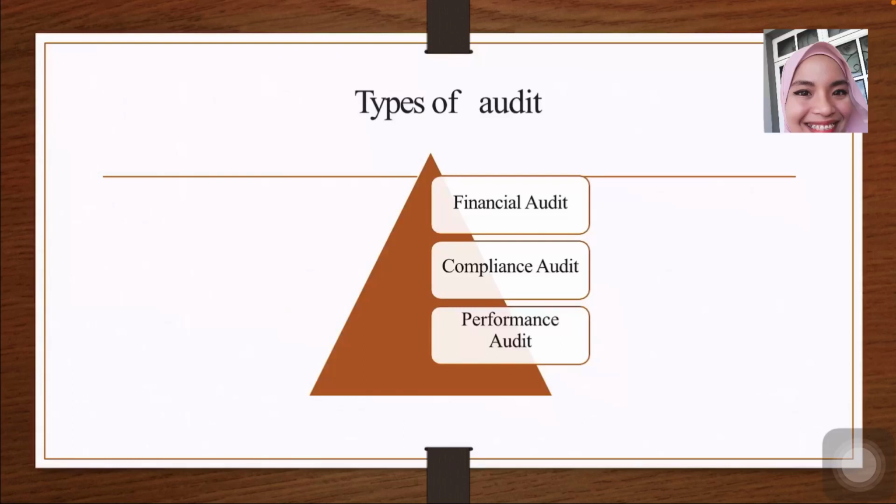So, kita nak tengok what are the types of audit. So, basically types of audit, there are 3 types of audit. So, basically kalau you tengok piramid tu kan, financial audit duduk dekat puncak, performance audit duduk dekat bawah. So, basically, kita nak katakan kat sini, makin meningkat, orang kata apa? Makin meningkat piramid tu, makin dia punya kedudukan dekat piramid tu, dia paling tinggi,